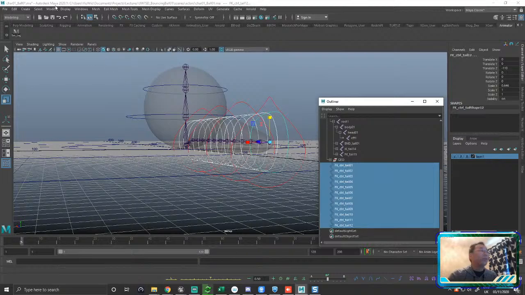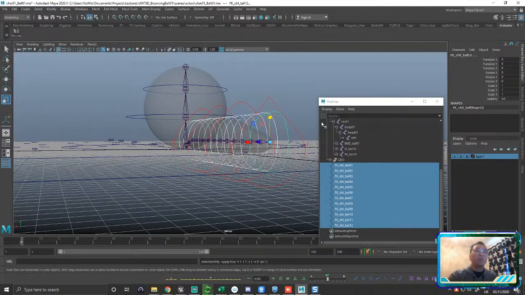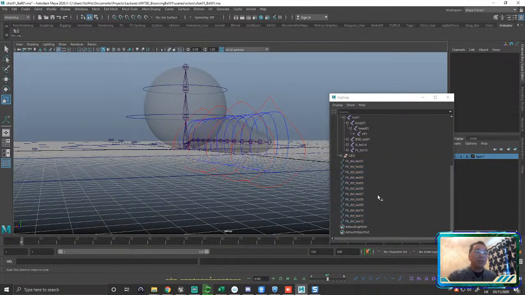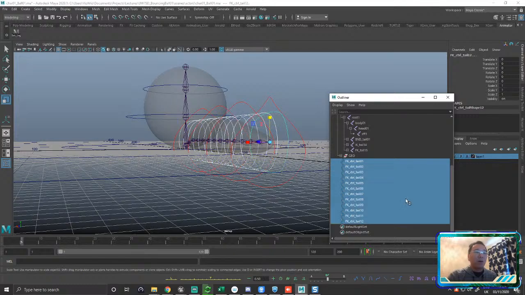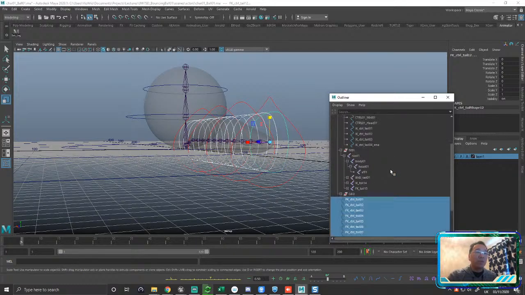And then again, we're going to modify freeze transforms on all those controls. So now we got to grab all of our FK controls and we got to stash them in our control group in here. So I'm going to